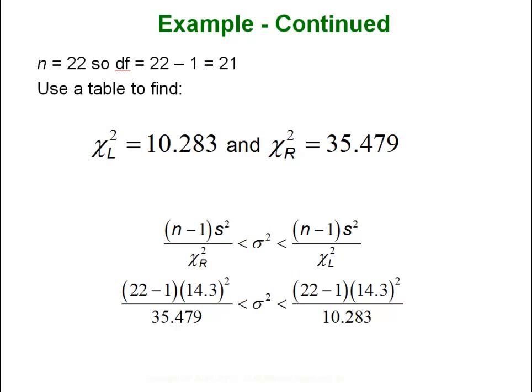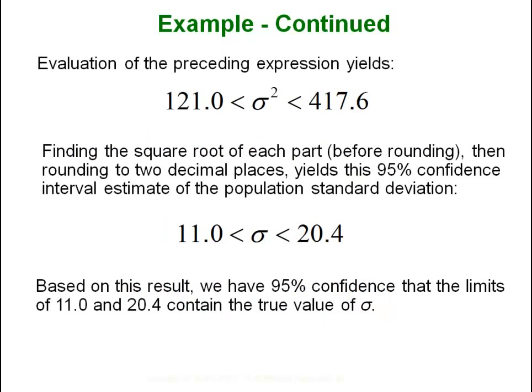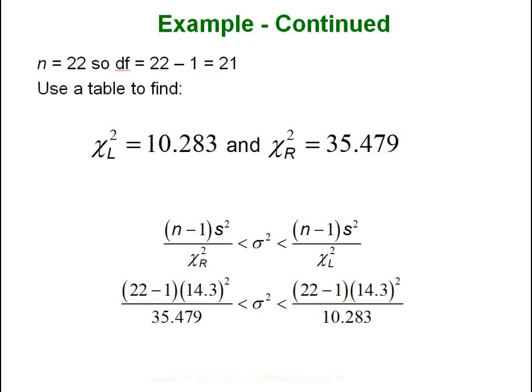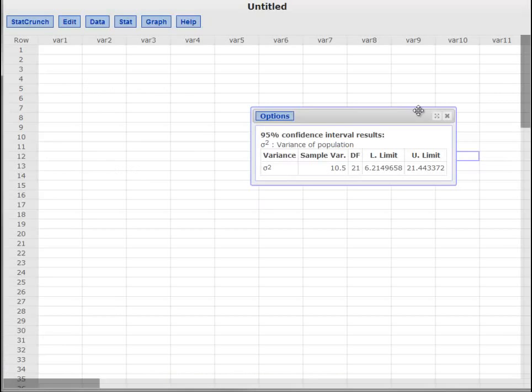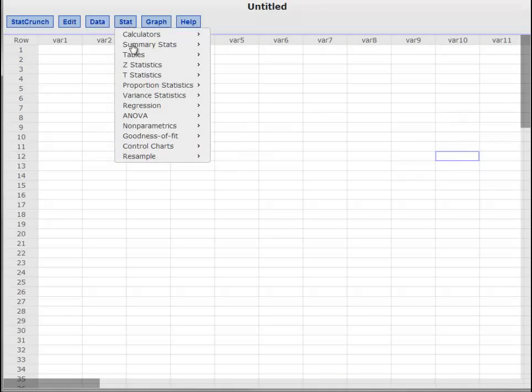So now we can use technology to calculate all these things and come up with confidence intervals for the variance, and then square rooting them gives us confidence intervals for our standard deviation. What if we want to do these with technology? Well, let's get our numbers, right? Our n is 22, and we had a standard deviation of 14.3. So if we bring up StatCrunch, variance, one sample, summary,